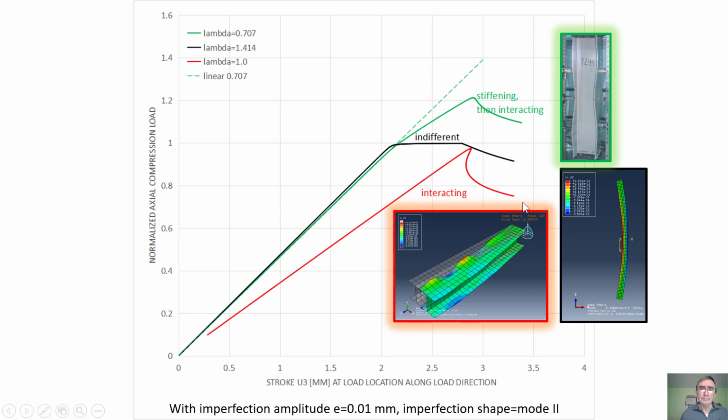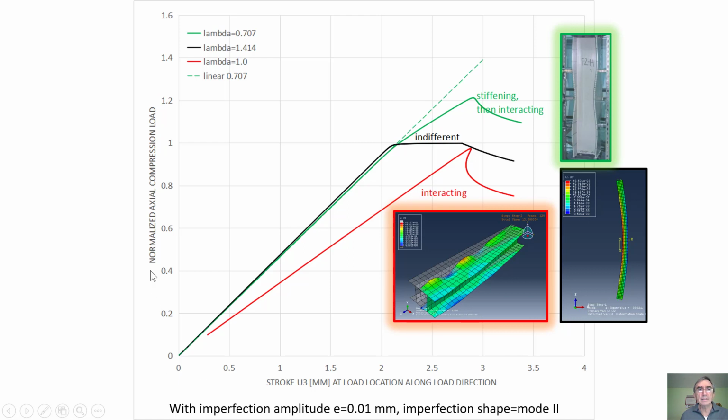Okay, so now we complicate things in this graph, so I have to take time. In these graphs, on the horizontal axis, I plot the stroke. The stroke of the machine is the deflection of the machine. When the machine pushes from the top, the column will shrink this way, and that is the stroke. Same here, when it pushes, it will shrink this way, and that is the stroke. And in this case, when it pushes this way, we have some displacement. So that displacement is common for all 3 cases, and it is illustrated here.